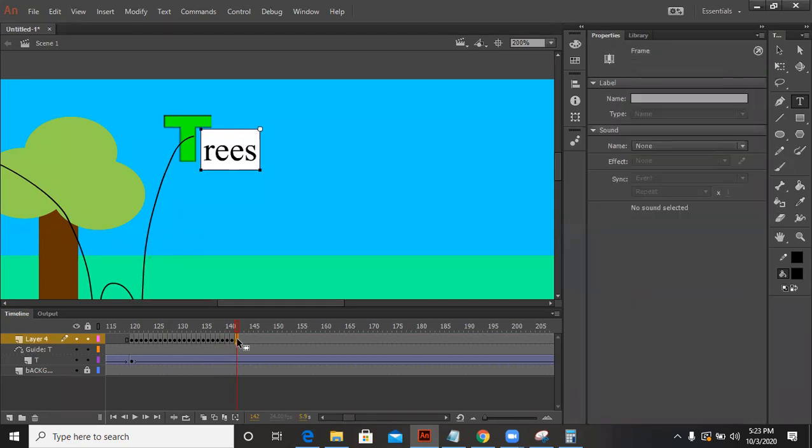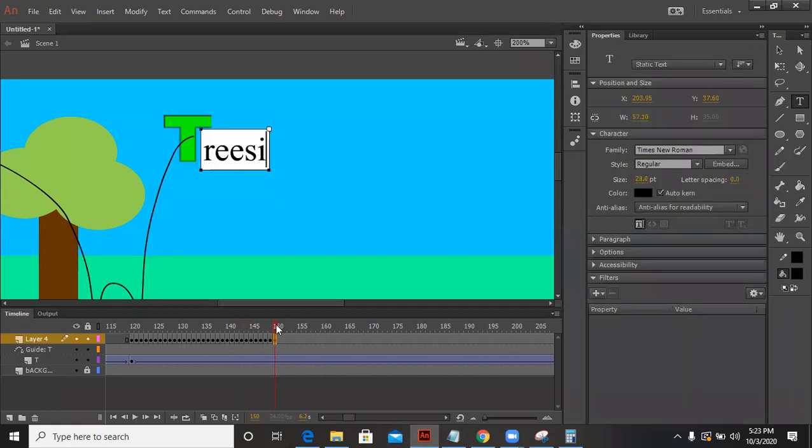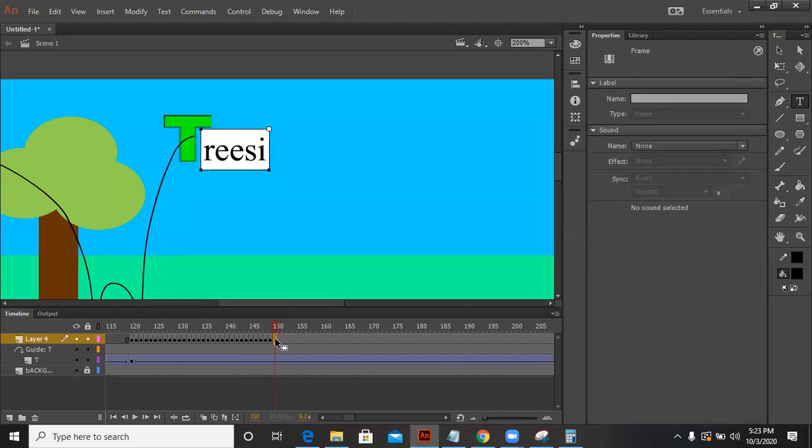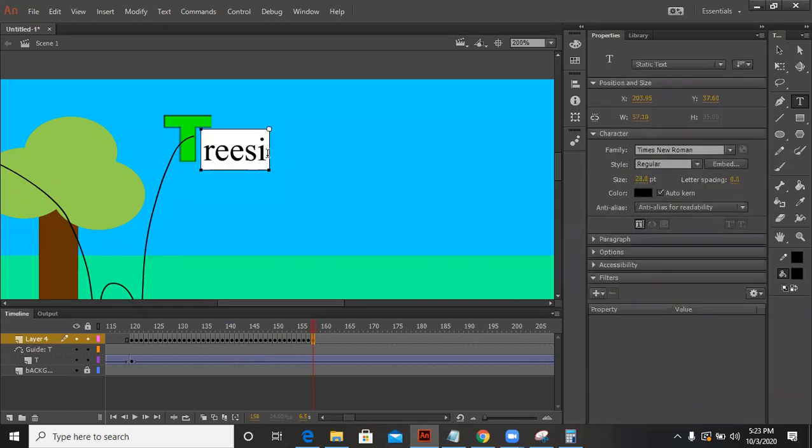S. 1 to 8 frames. I. 1 to 8 frames. E. 1 to 8 frames. E. 1 to 8 frames. And then enter